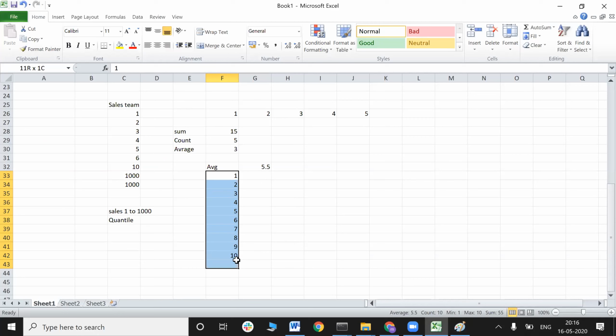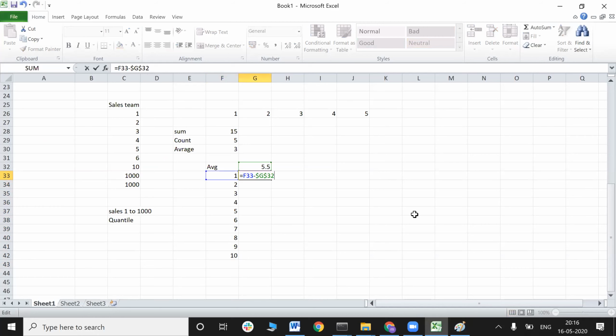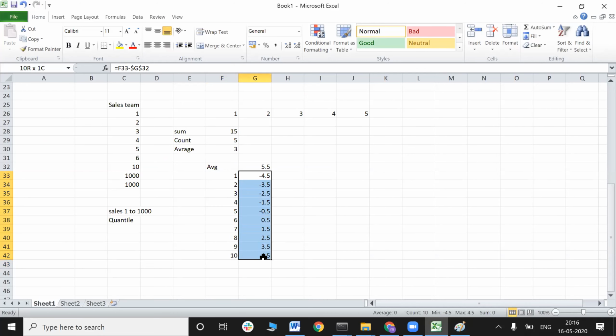Every observation is away from my mean, so this minus my average. 5.5 is my average. So 2 minus average, 3 minus average, 4 minus average, 5 minus average, and so on. But this is becoming a mixture of negative and positive.